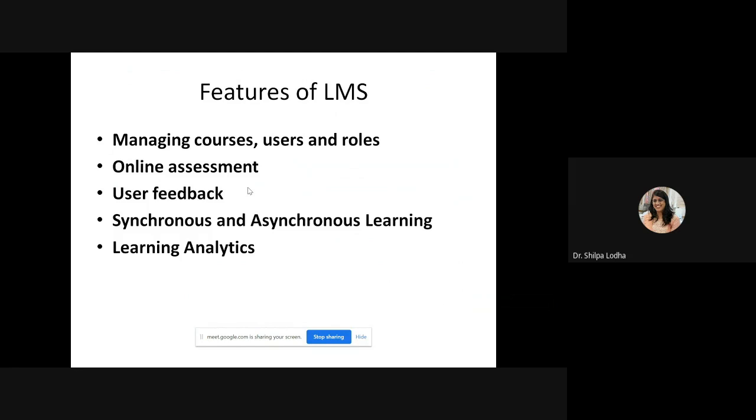Learning management systems may be used to create professionally structured course content. The teacher can add text, images, videos, PDFs, tables, links, and text formatting.